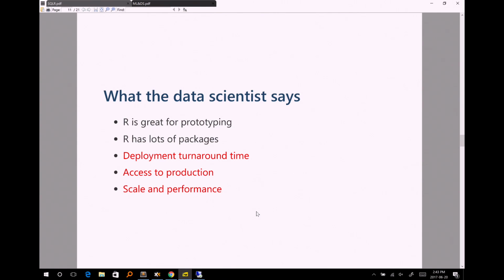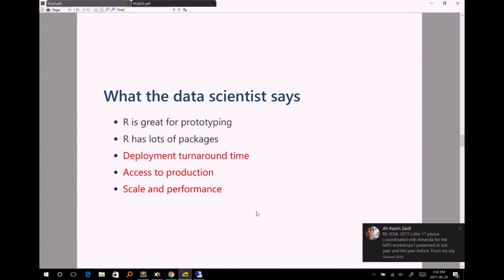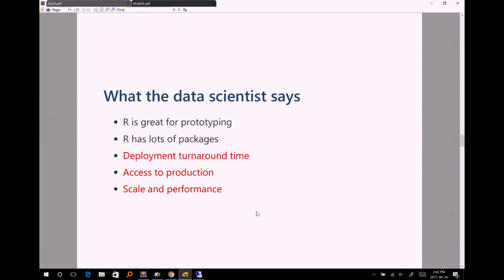Okay, so here's where the data scientist is coming from. They say, I like R, it has a lot of packages, it's very promising, it's very quick. That's really the big thing about R: going from raw data to some kind of visualization, analysis, or model takes very little typing. Usually within just 10 or 15 or 20 lines of code, you can accomplish a lot of things in R, even when you limit it to 80 characters per line. So I'm not exaggerating when I say that.